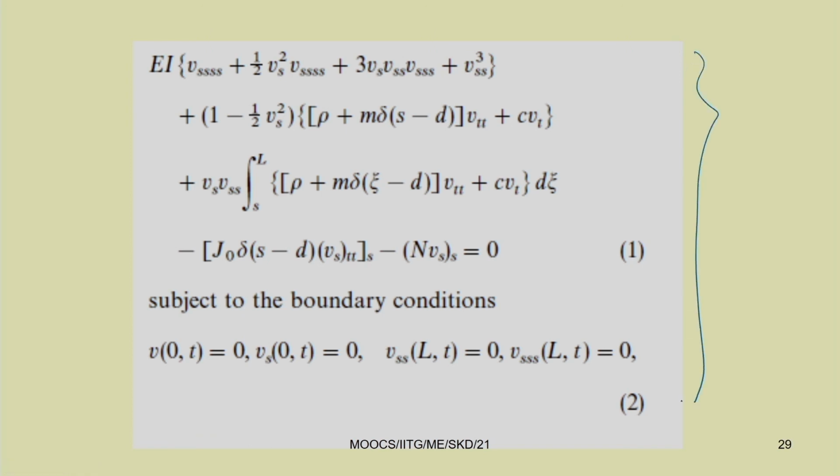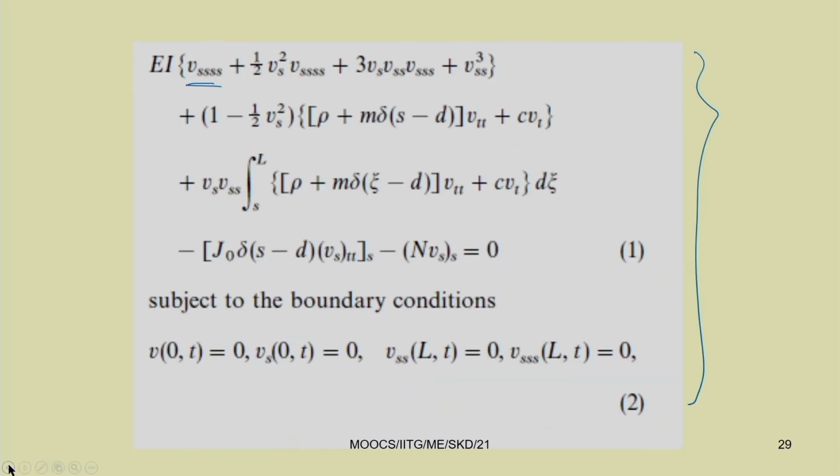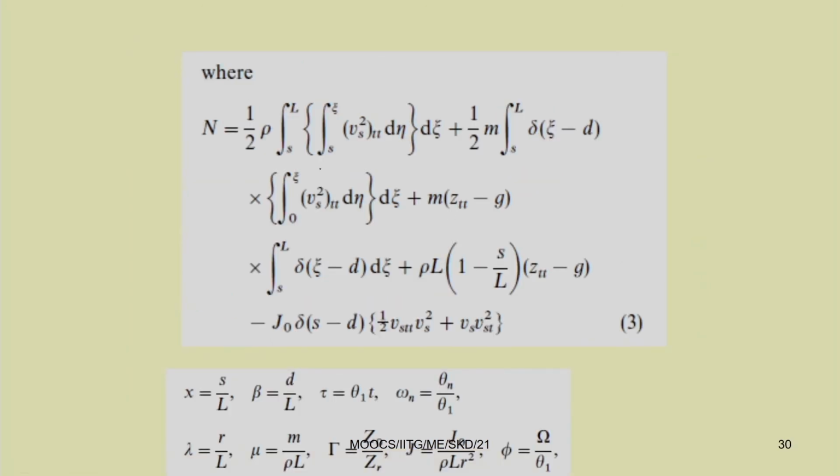You just see in this equation. If you compare this equation with that of the Euler-Bernoulli beam equation, in the Euler-Bernoulli beam equation only this term is there, E I del fourth W by del S fourth. One more term also will be there. Another term you can get in terms of rho A, that is rho v double dot.